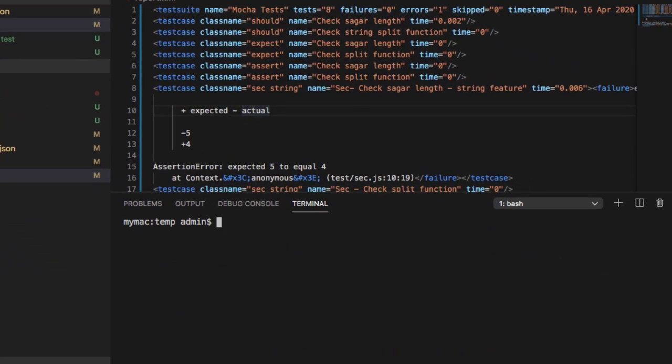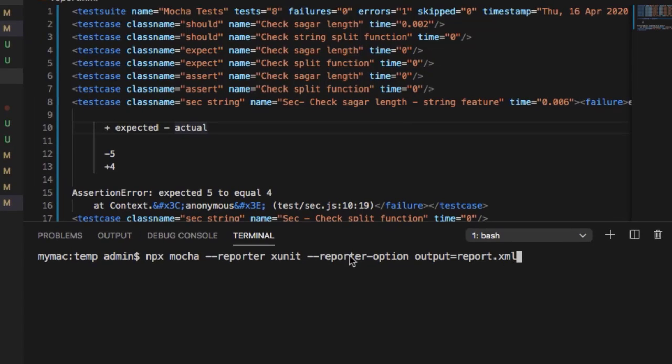So remember this command: npx mocha reporter xunit, and reporter option means what other options you want to configure for that reporter. What you are saying here is to create the report in XML format, and the report has to be saved in report.xml. You can change the name of the file here as you like. So this will create the XML report.